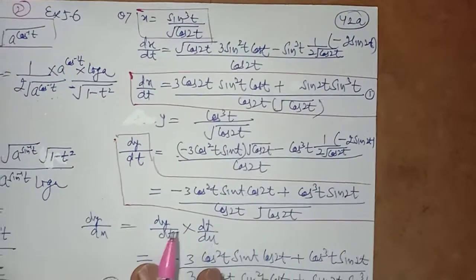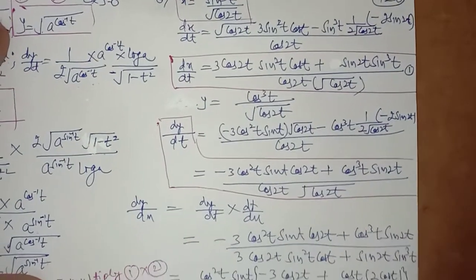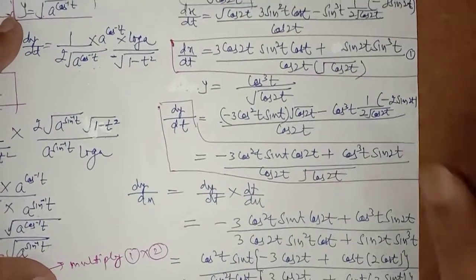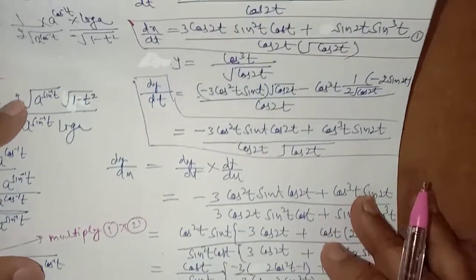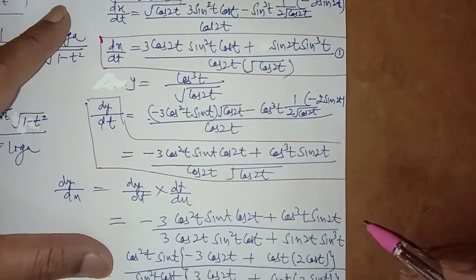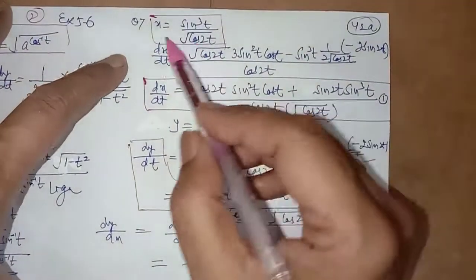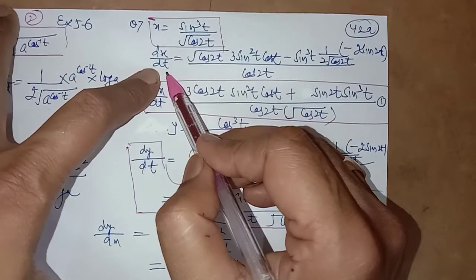Now this is again the same method, but this answer becomes somewhat lengthy to obtain the answer given at the end of the answer sheet in the NCERT. So it becomes somewhat lengthy to obtain that answer. Otherwise, you can leave it anywhere in as simple a form as you can make. First of all, x is given in terms of t, so you have to differentiate by taking the quotient rule.